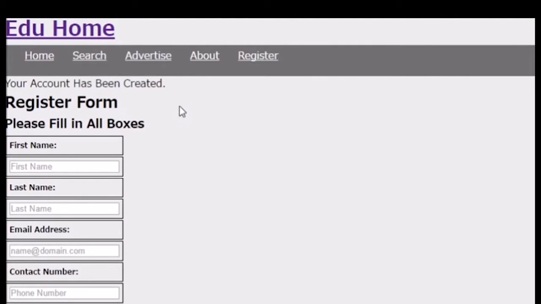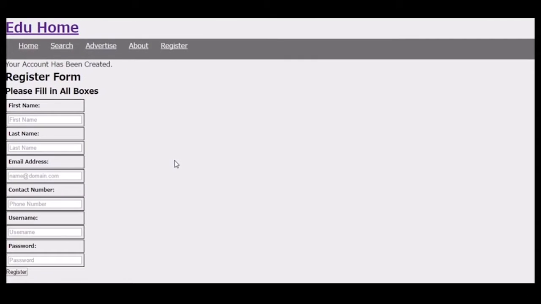Okay, this is the register form of our website, and here a user can create a new account and submit it to the database. Once they fill in all the details in the register form, they click register, and the account has been created, as we can see by a little message here. If the account is not created successfully for whatever reason, then an error message will appear here along with the